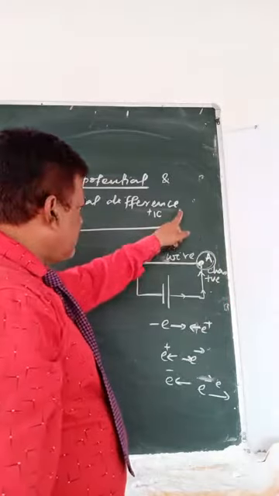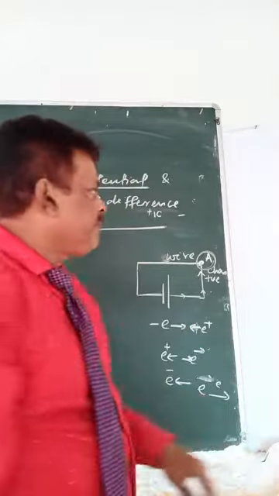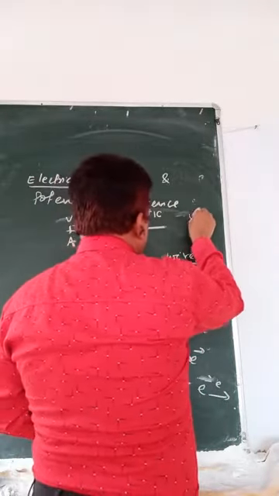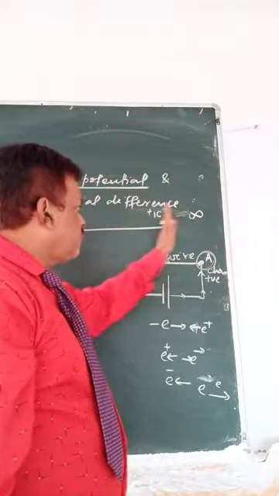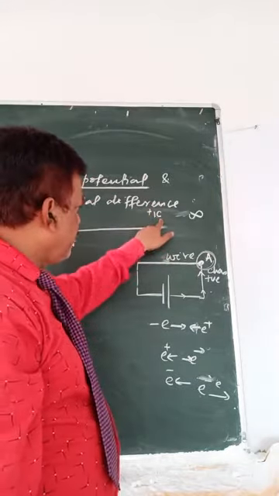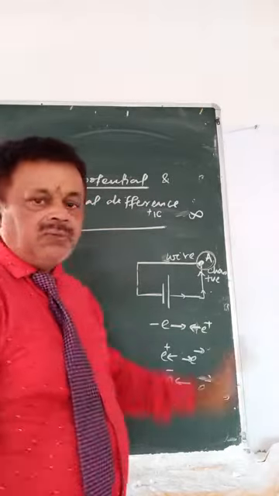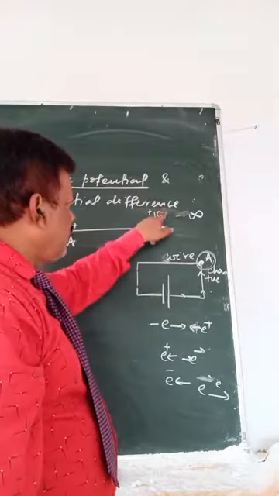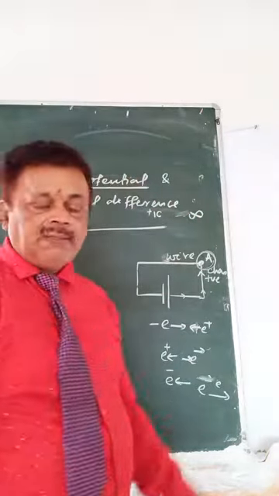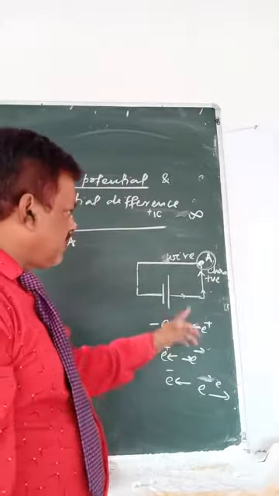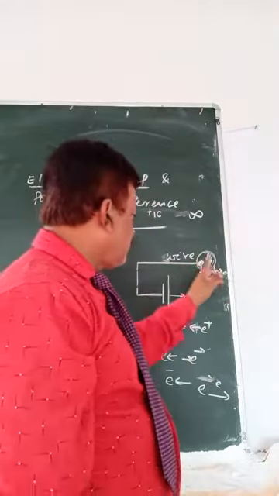To bring this charge from infinity, which is very far away, to this point, you have to give some force because it is repelling. When the charge is moving with some force and covering a distance, it is doing some work. The amount of work done to bring a charge from infinity to this point is called electric potential. Got my point? Once more, suppose you have started giving a charge to a point, to the end of a conductor.